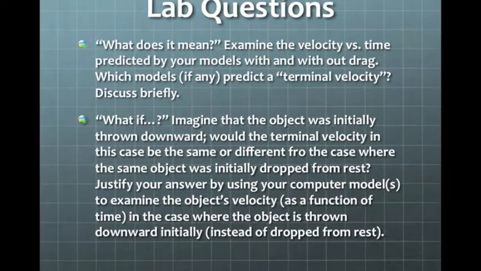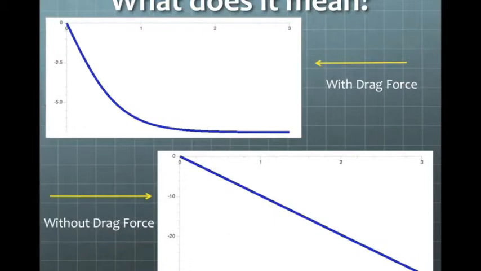Being that the paper didn't reach terminal velocity in the 0.602 seconds it ran, I ran both codes for 3 seconds. Comparing the velocity versus time graphs for both models, the model using drag force has a horizontal slope at the end of the graph, showing a constant velocity, which is also the terminal velocity. The other graph has a negative slope, indicating a constant acceleration in the negative y direction, meaning there is no